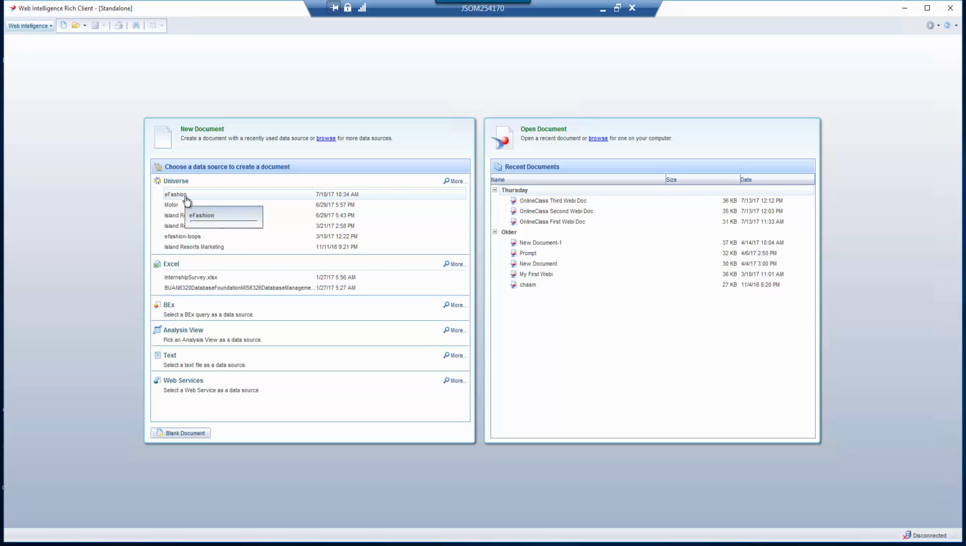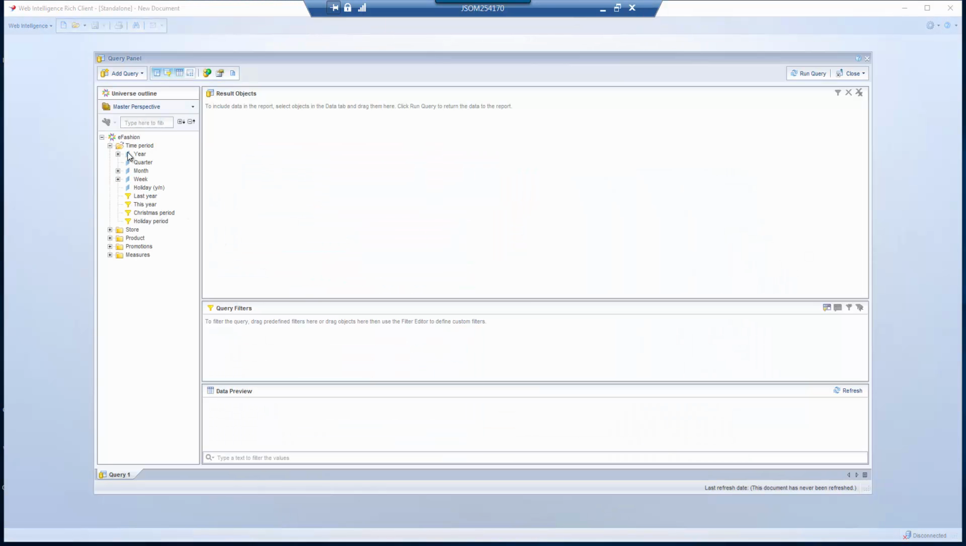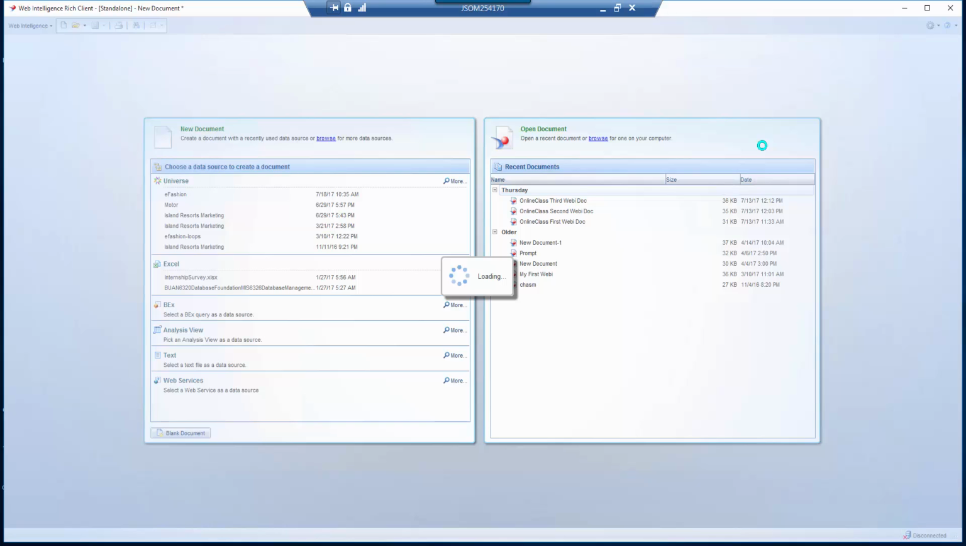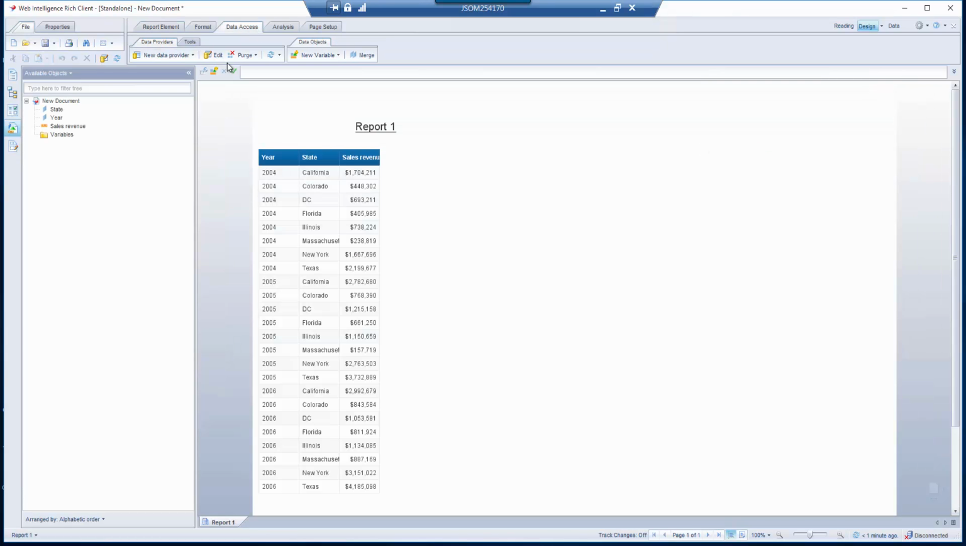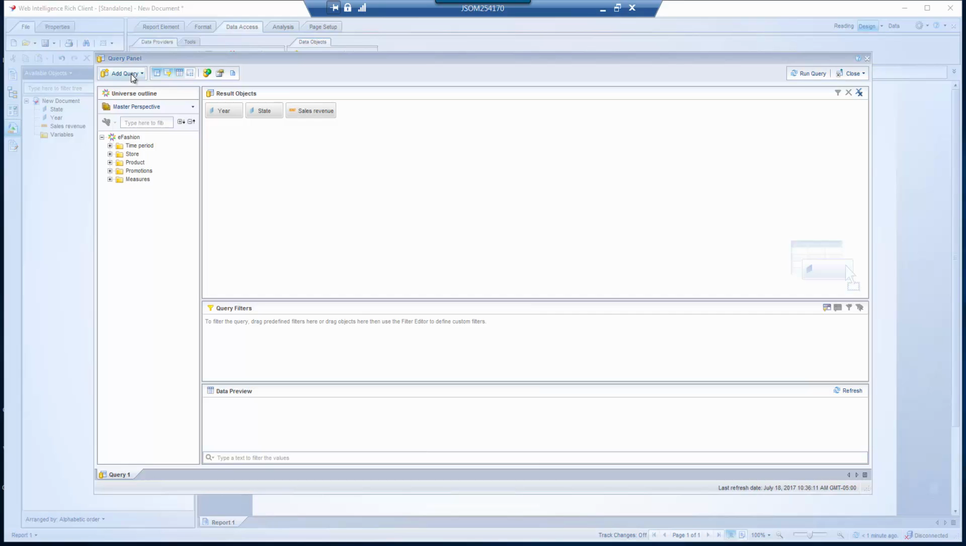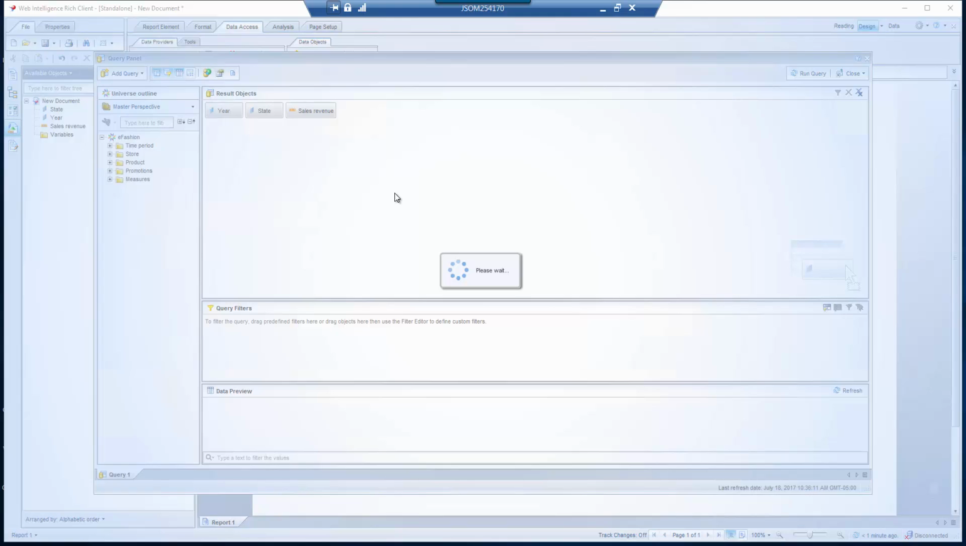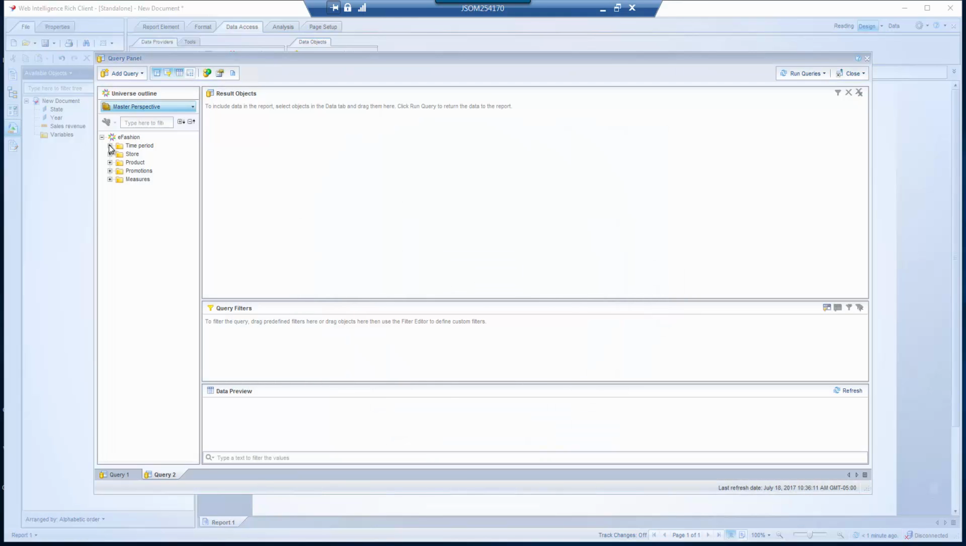All right, for the demo for multiple data providers, I'm going to use eFashion Universe, and I'm building a couple of queries with it. So the first query that I'm building has the year, state, and the sales revenue object. And then I'm going to run this query. And then I'm going back to data access, and I'm adding a query on the same universe. And then I'm going to use the year,